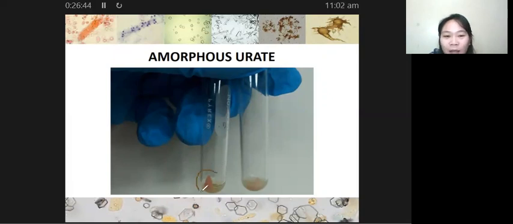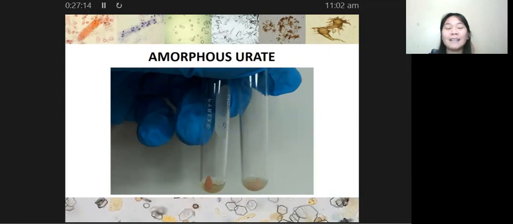Okay, so makikita mo yan, pink talaga siya. Sa mga mahilig ng pink na color dyan, ang cute niya, promise. Pastel pink yung color niya, okay, after centrifugation. So yan yung tinatawag natin na pink brick dust precipitate, which is more distinct after centrifugation and after you have decanted already the supernatant.